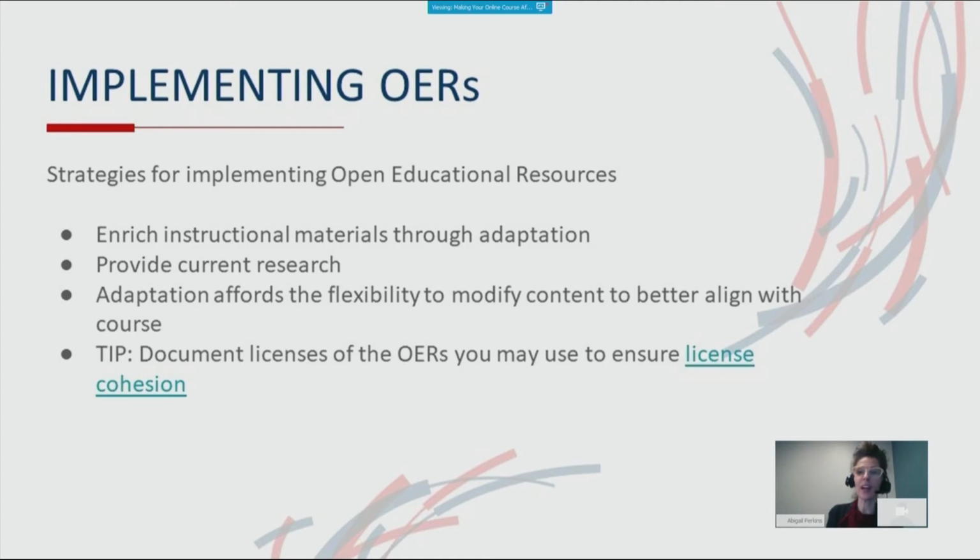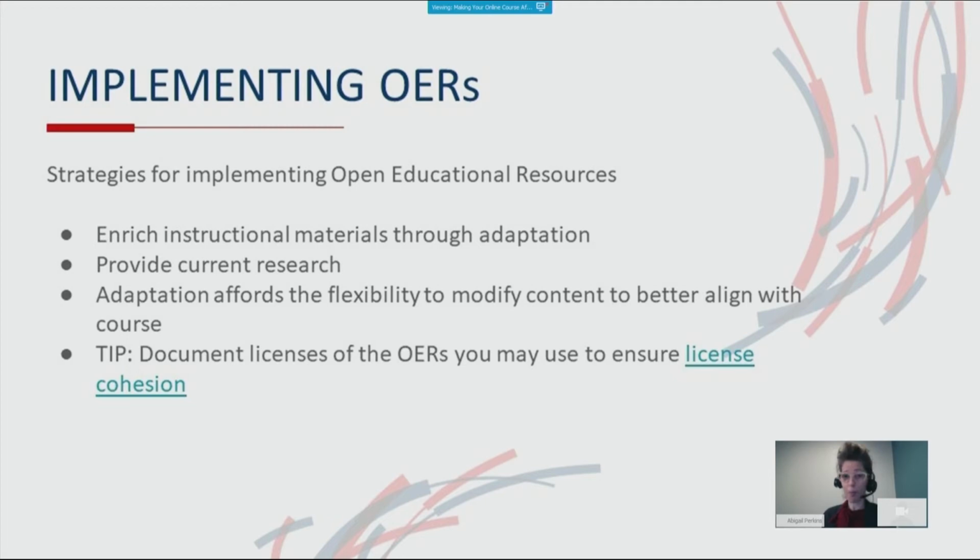It's almost there, but maybe your course is a graduate level and you found an OER that's more tailored to an undergraduate level. If the OER that you found has a license that grants you the permission to redistribute, you